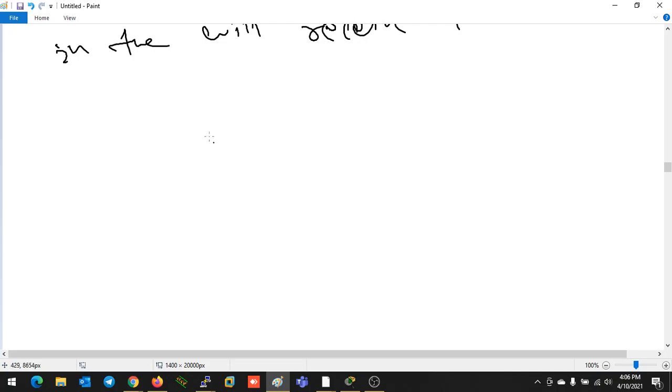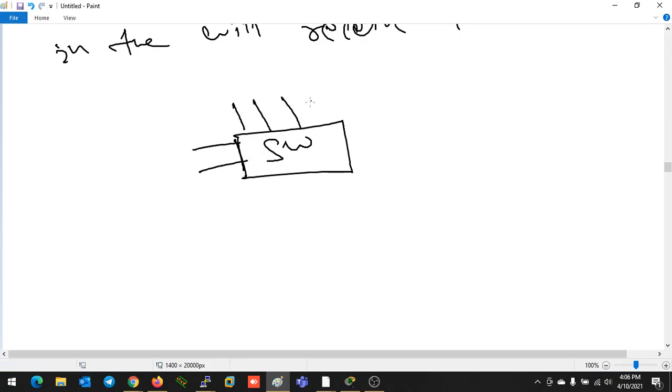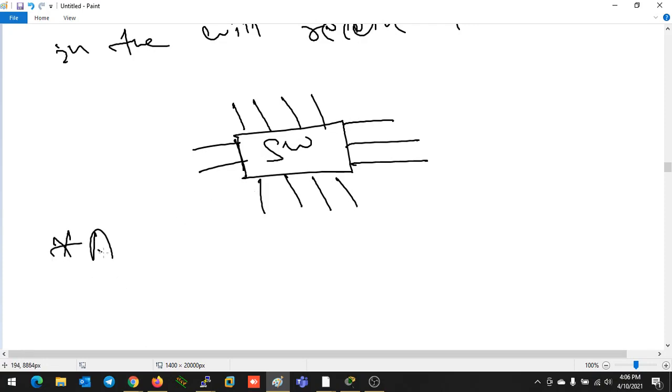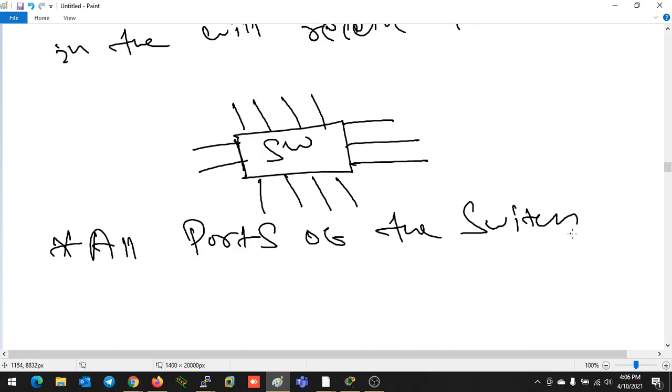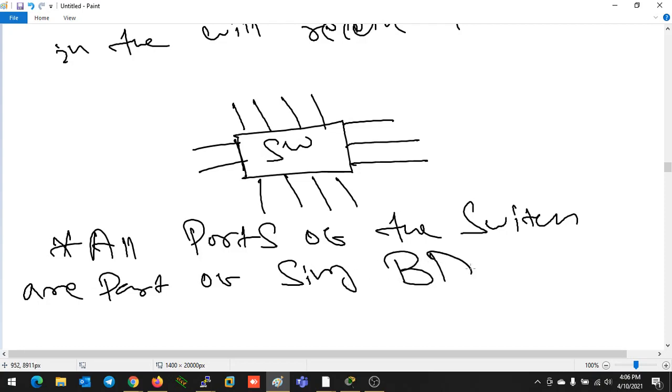So in a switch, consider it as a single broadcast domain, or all ports of the switch are part of a single broadcast domain. If you have an idea about VLAN and everything, don't add those ideas with the switch